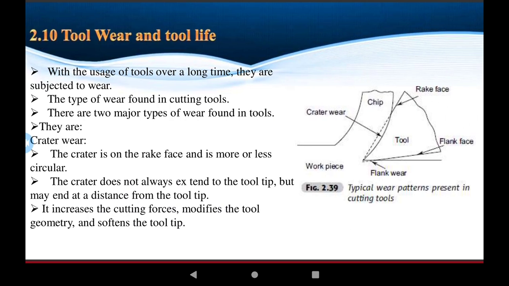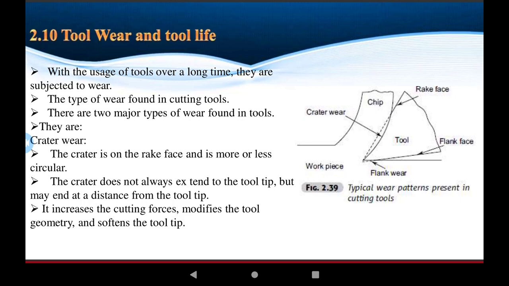Tool wear and tool life. What is tool life? First of all, let us discuss tool wear. Tools used over a long time are subjected to wear. The types of wear found in cutting tools: there are two major types of wear found in tools. They are